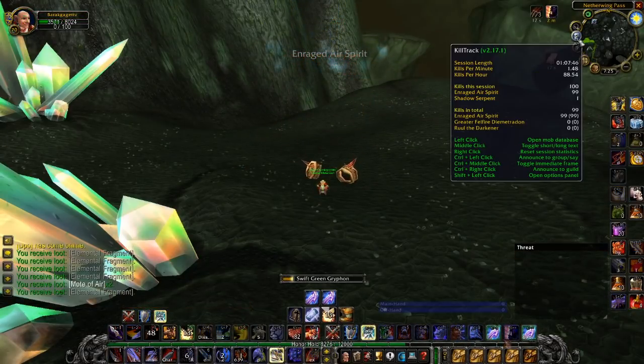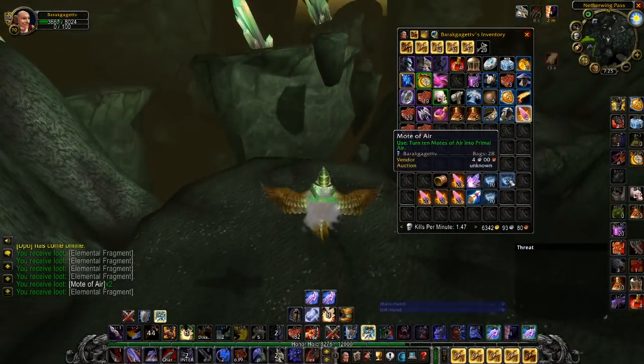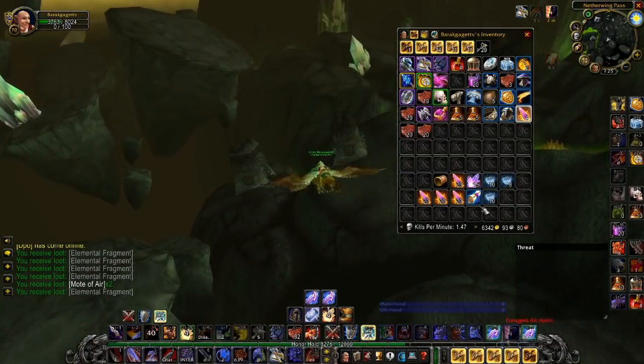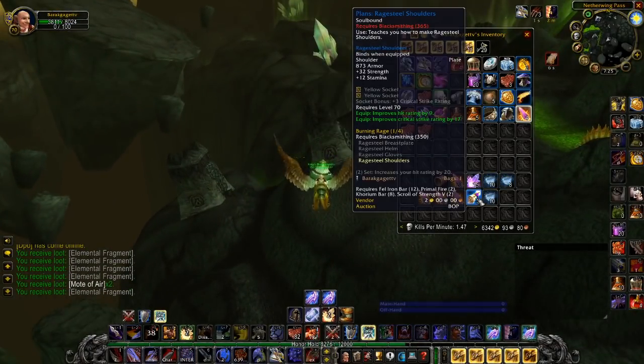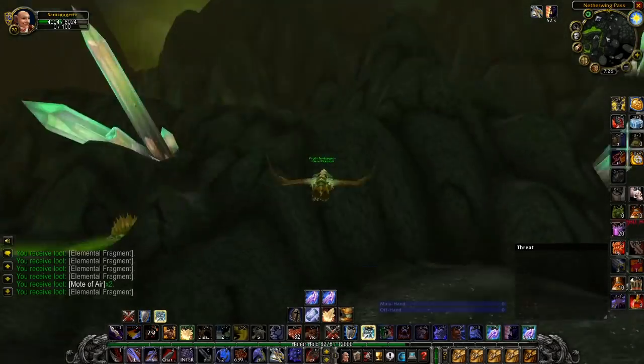Alright, 99 kills in, and we have 28 motes. So we're on track to get at least 100 motes at 500 kills, and the Rage Steel Shoulders, I can't get over the fact that we got these. So lucky. Now, the route that I was talking about, I started doing that, but there was actually zero